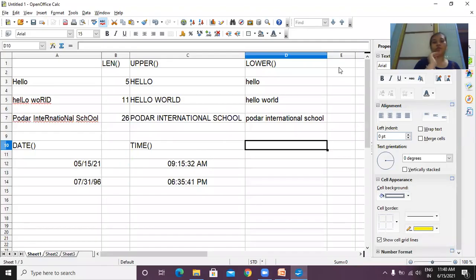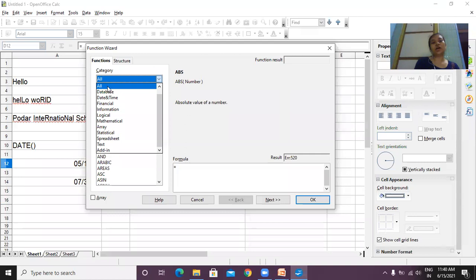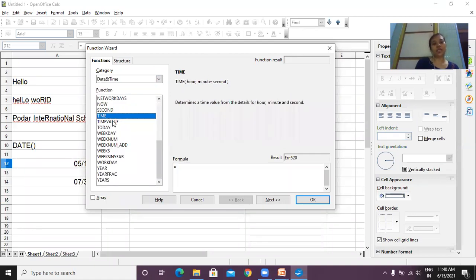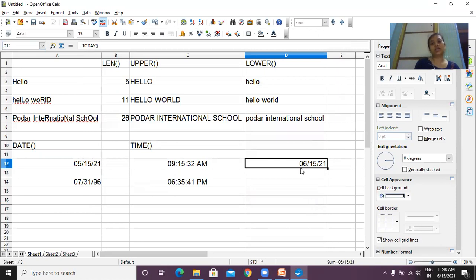So let's see the output of TODAY. You don't have to do anything. You just go to the function wizard, choose date and time, find TODAY. You can see here. Go to next and it will show the output. It's 6/15/2021. So today's current date is 15 June. If you don't want to do it this way, you have to type your function